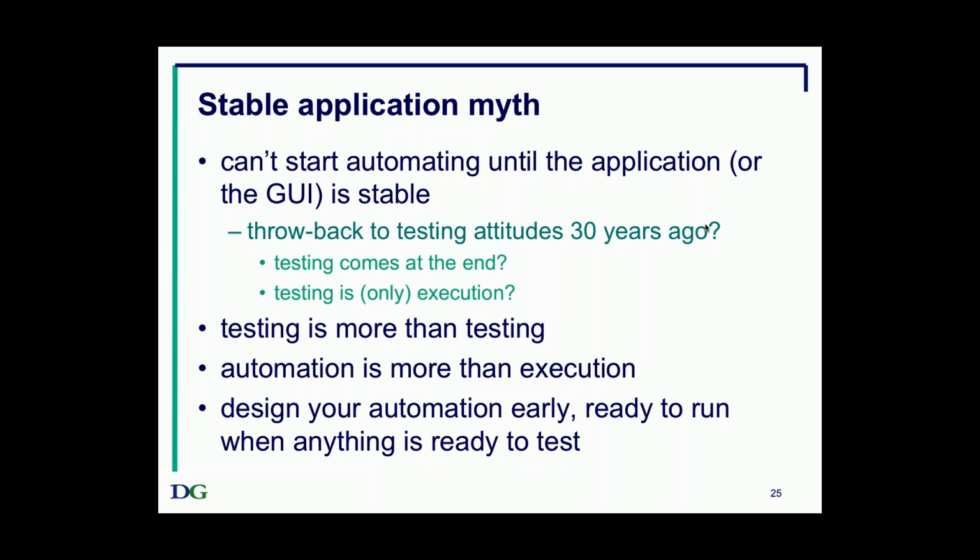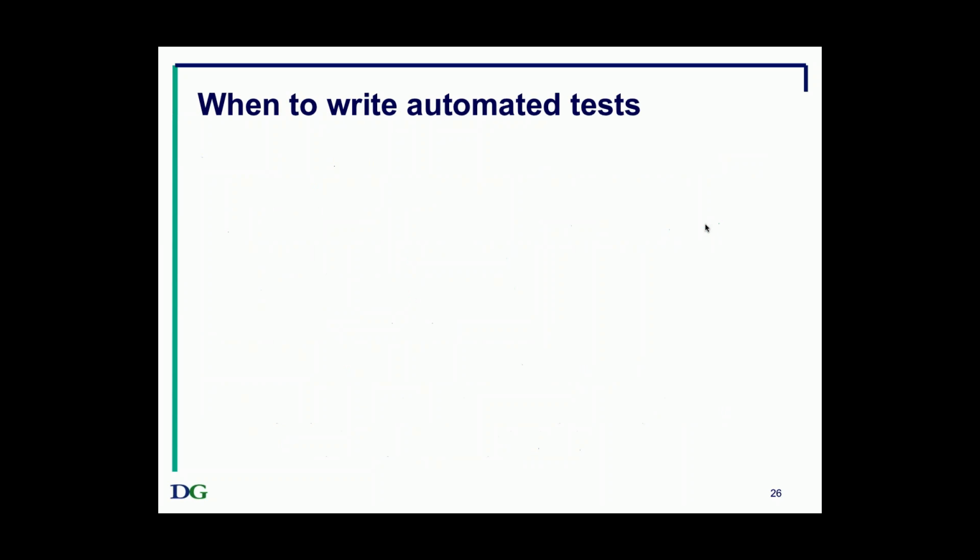And if you use good programming principles for the design of your automation, and if you have your automated testware reviewed or inspected so that once it starts testing the software, the only problems it's finding is in what it's testing instead of in itself, because there will be bugs in the automation as well, then you're much further along. But that means starting thinking about the automation right at the beginning.